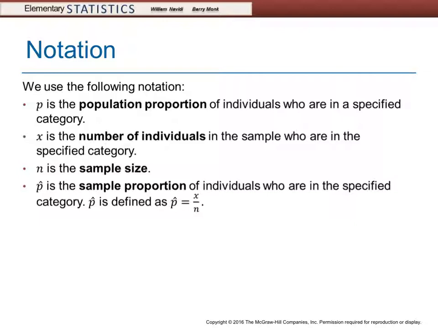Again, as a reminder, p is the population proportion that we're going to be looking at. X is the number of individuals in the sample who, in this particular case, think that Facebook is cool. n is the sample size. In this case, n is going to be 500. And then finally, p hat is just the proportion of individuals in the sample that think that Facebook is cool. And of course, in this particular case, we don't really know the number of individuals, but if it was 90%